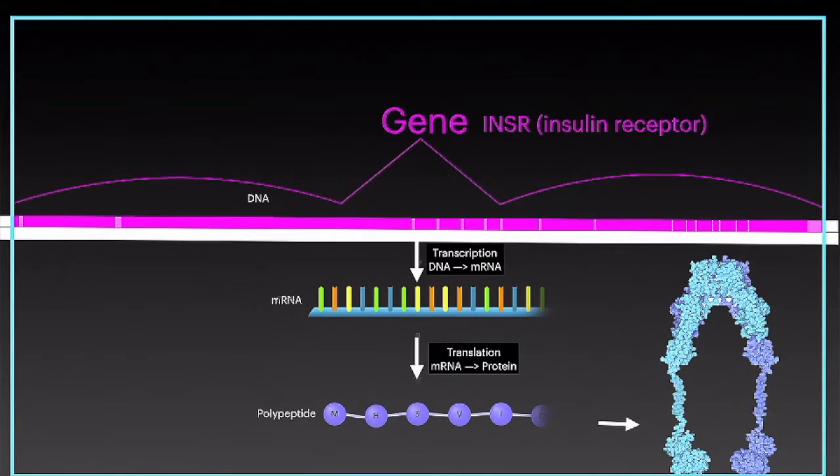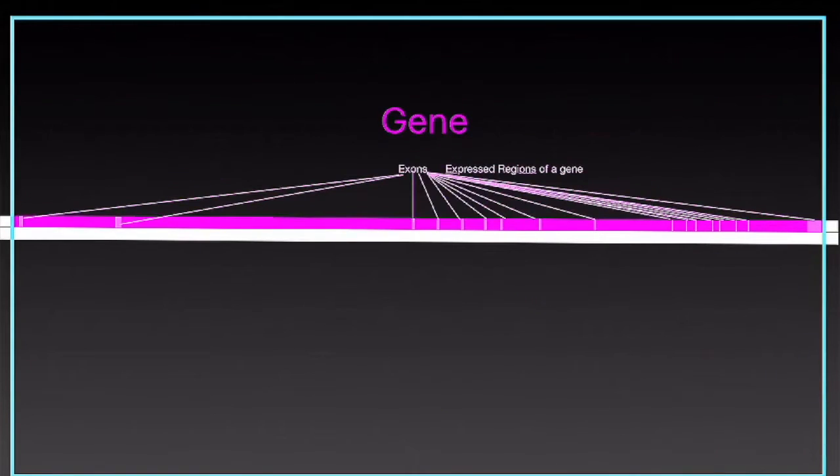But you may have noticed that if we look at my little cartoon depiction of our gene, this pink line, there are parts of this pink line that aren't exactly the same color, right? So there are different colors, and these represent different parts of a gene. So before we can get to our mRNA and our protein, we have to talk about those different parts of a gene. These little slices that are a slightly lighter pink, slightly lighter than the surrounding color,